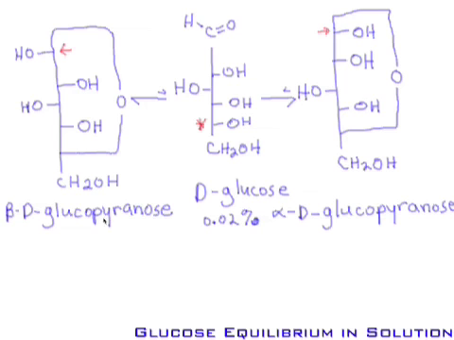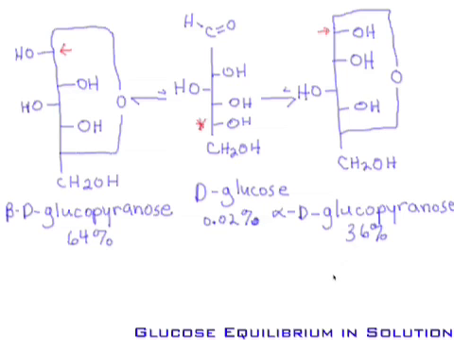And beta-D-glucopyranose makes up 64% of the solution, and the other 36% is alpha-D-glucopyranose. Now the fact that the percentage is not 50-50 begs some explanation, but before we go there,